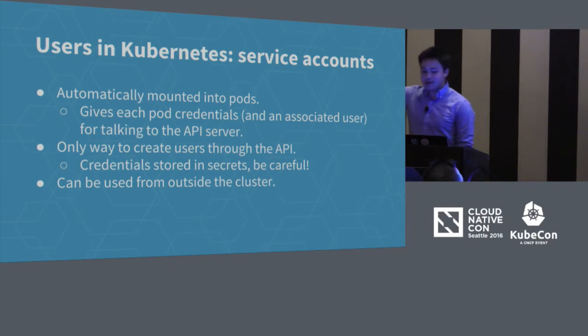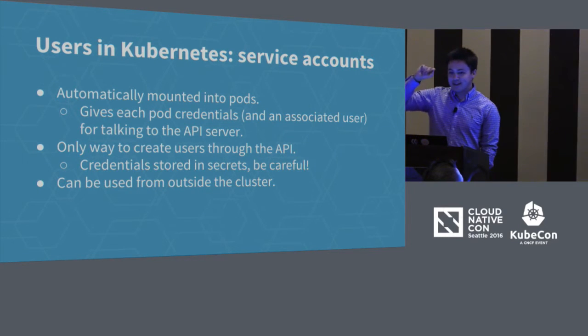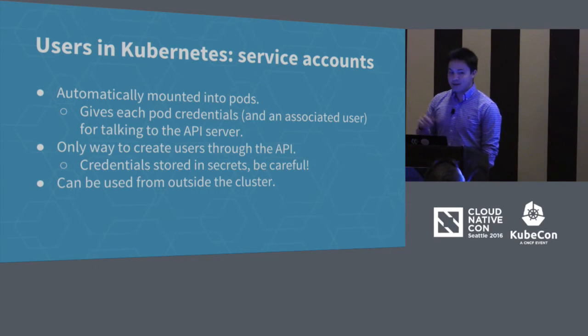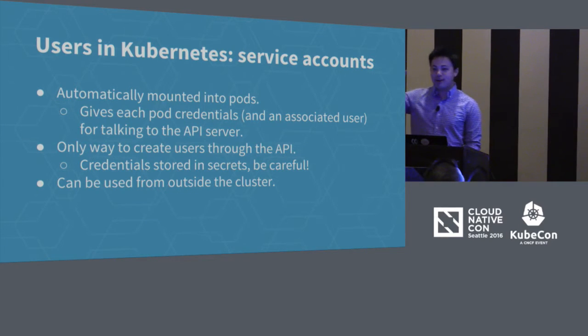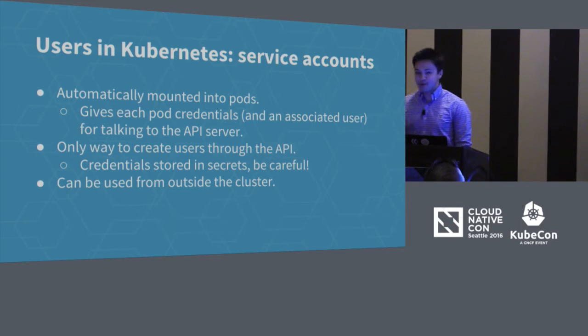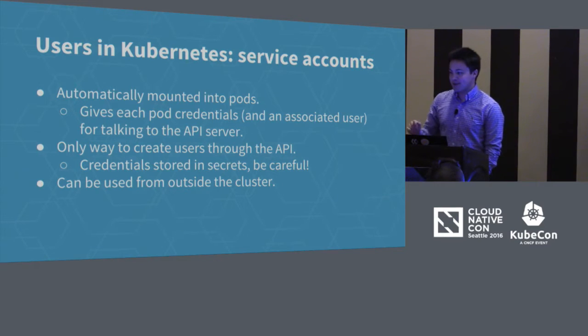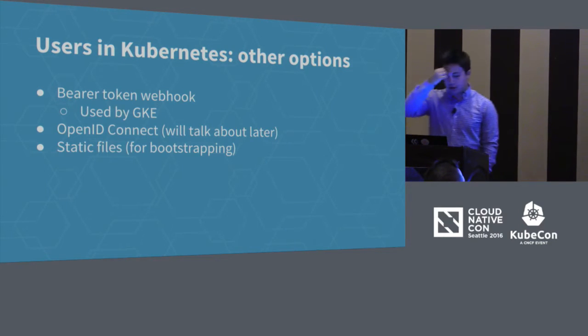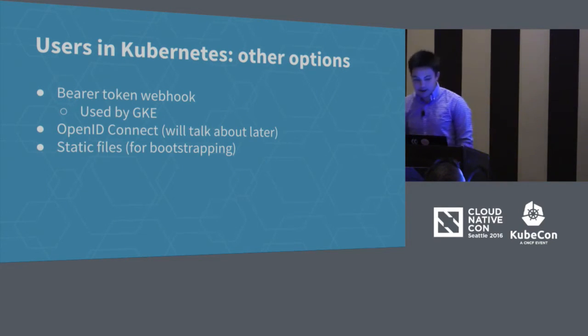Importantly, they can totally be used outside the cluster. And as we have noted, their credentials are stored in secrets. What does this mean? Anyone who can read your service account secrets can act on behalf of your service accounts. So be warned, and don't give your service account tokens the ability to bring down your cluster. Cool. There are some other options we talked about. The token webhook will review OpenID Connect and all of its glory later when I talk about DEX, and there are some static file options. Which brings us to